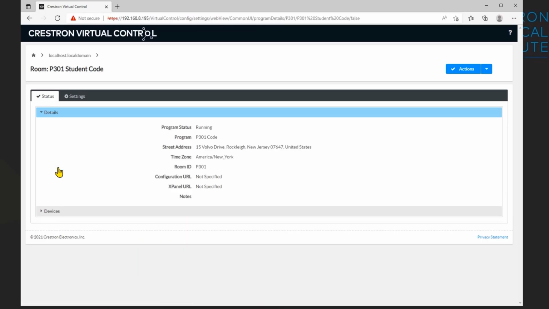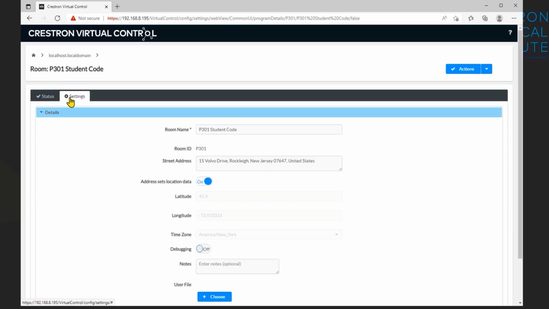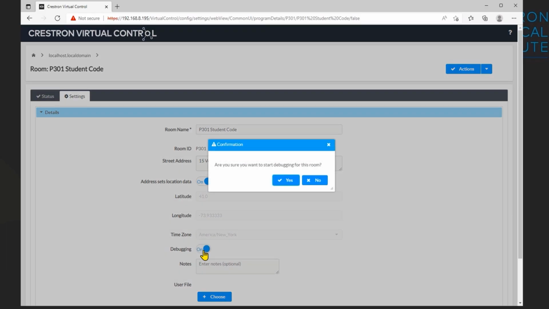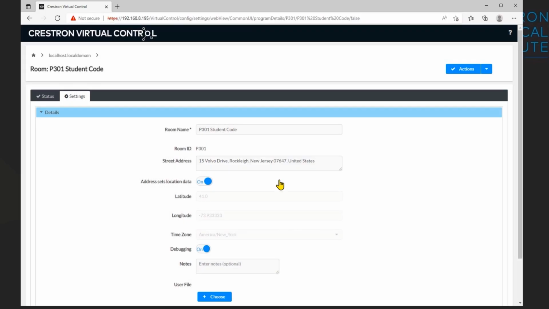Select the room and go into the room settings by clicking on the Settings tab. Turn the debugging switch on by clicking on it and choosing the Yes option. Debugging is not enabled until you save the configuration change you just made. To save, navigate to the Settings action button in the top right-hand corner, select the down arrow button, and choose Save. You can verify that the debugging mode is enabled in the status of our room by looking for the